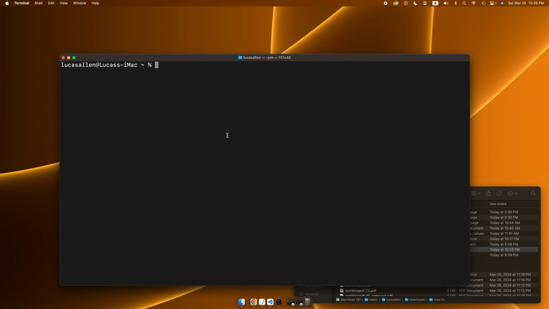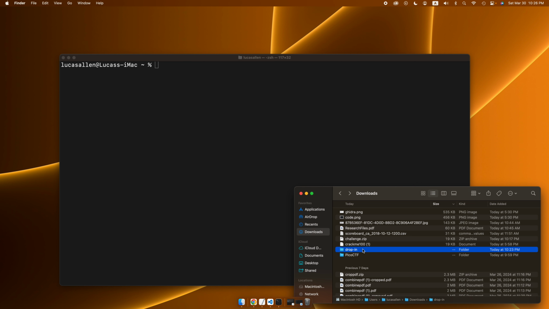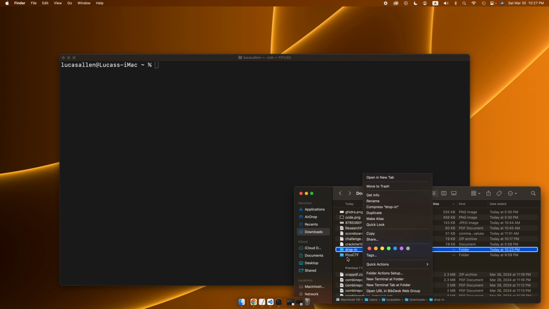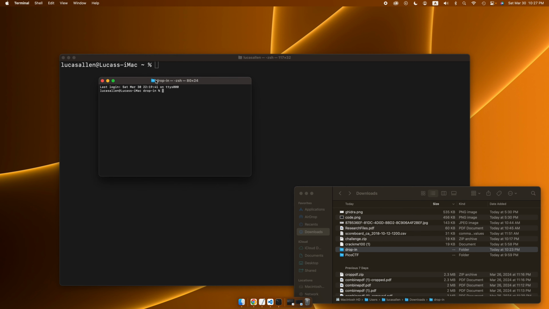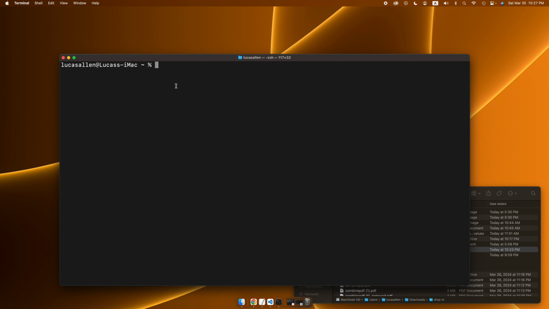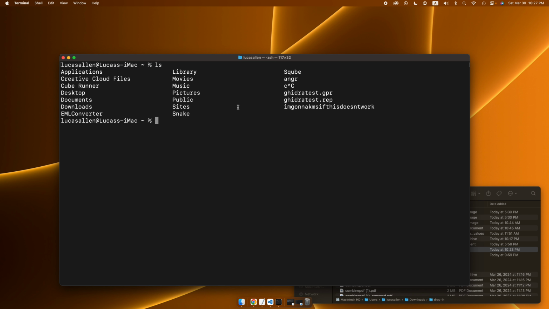So now we're going to go over to our terminal, and basically we want to go to our drop-in folder. We can do this on Mac by right-clicking and choosing New Terminal at Folder, which will open our terminal in the drop-in folder. But I want to show a more generic way, since this only works for Mac. So essentially, if we list all of our files,